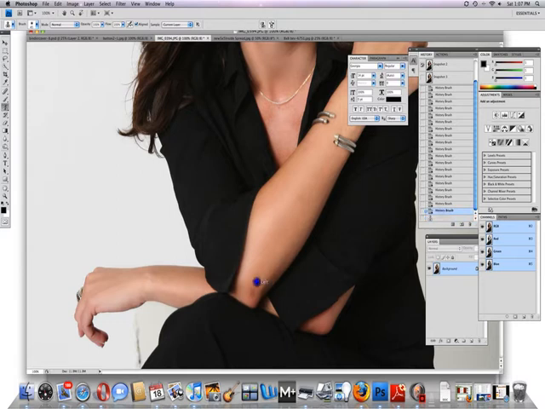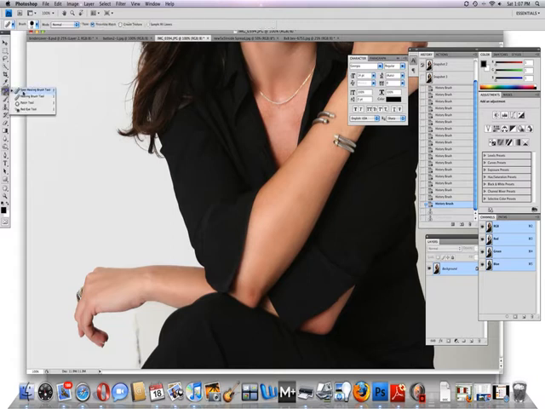Alt, you're going to click your sample area near and go on top of it. And I can go over it a couple more times just to maybe blend it out a little bit. That was okay. I'm going to erase that again by going here to my history palette. I'm going to get rid of my last two steps,